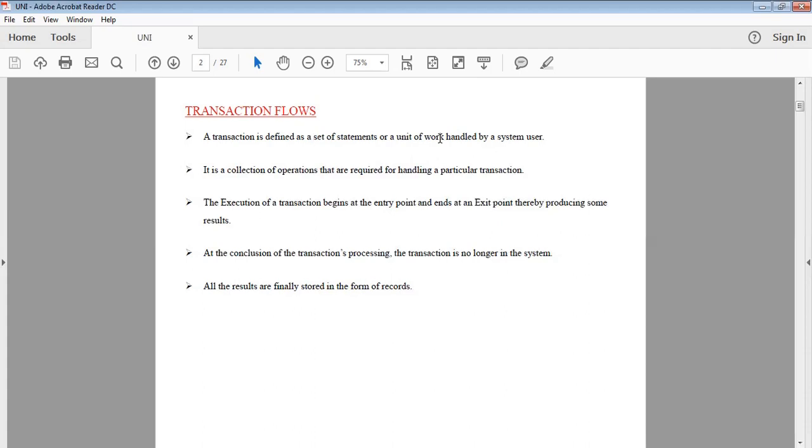A transaction contains a set of operations: which operation is executed first, which next? Inserting the card is the first operation, and finally withdrawing the amount is the last operation.